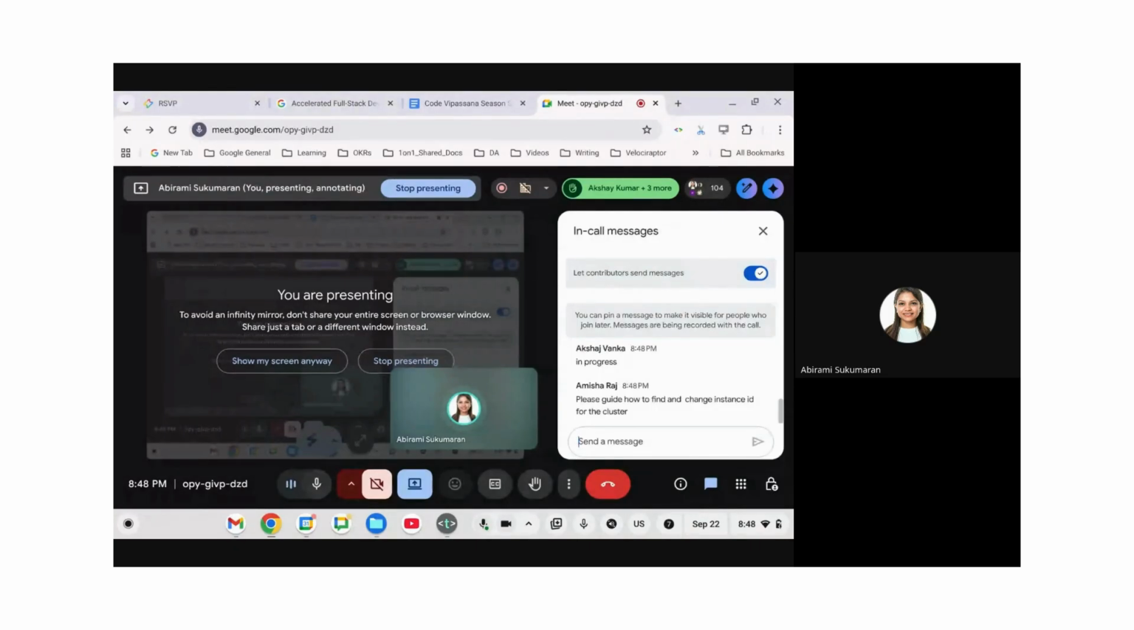It's okay if you forgot to change it. That's fine. Just remember what your instance ID is. You don't have to remember. You can always come back to the AlloyDB console and see the list of